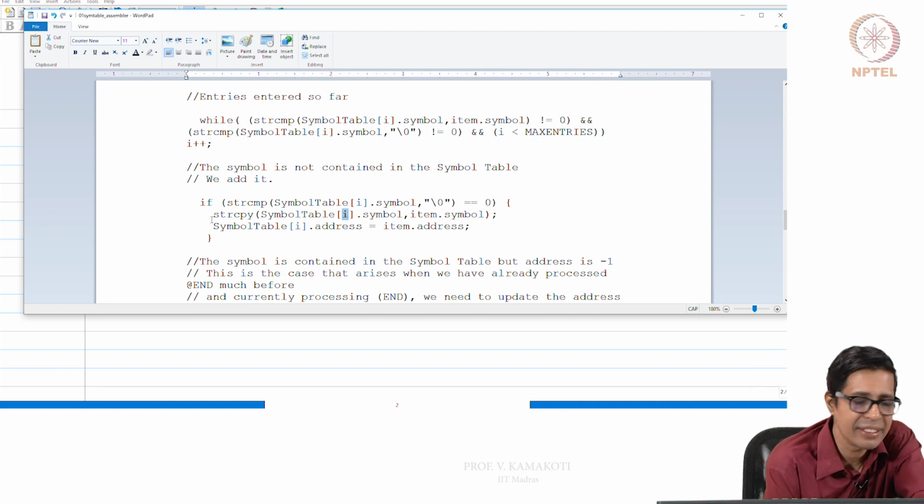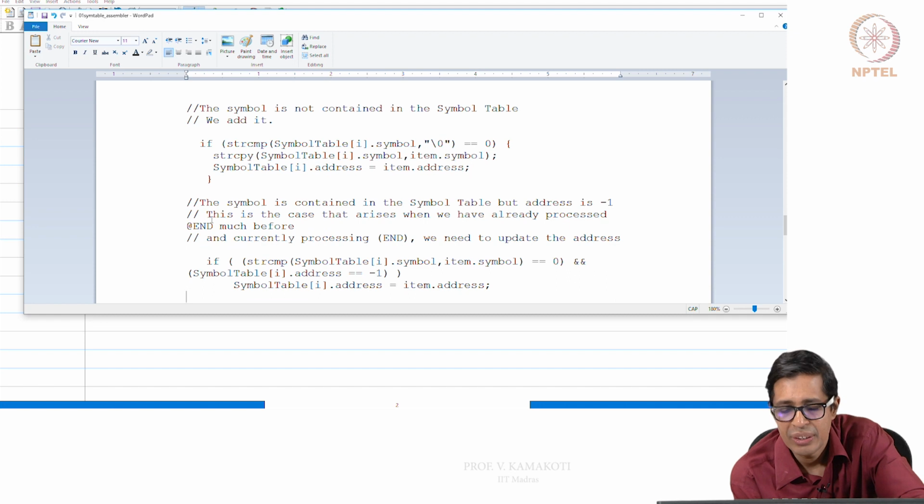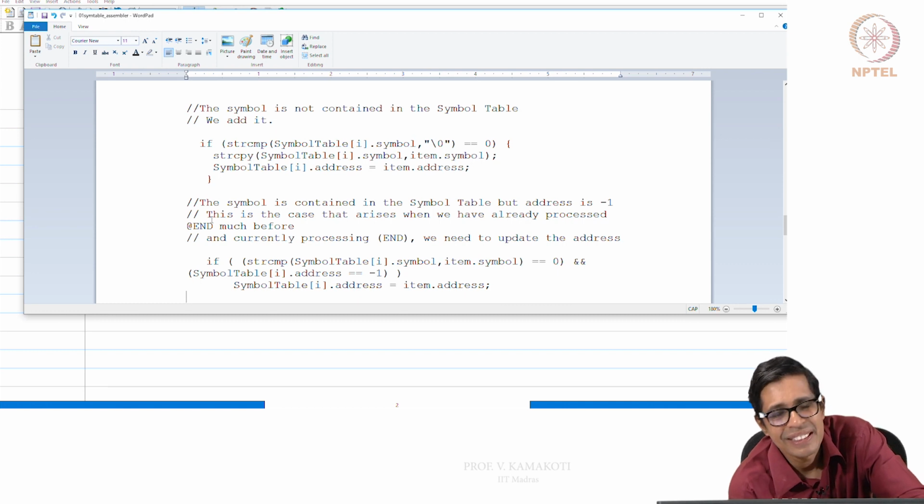The next case is you have found a symbol, but its address is -1. Now you go and update the address alone, and that can happen as I have described.